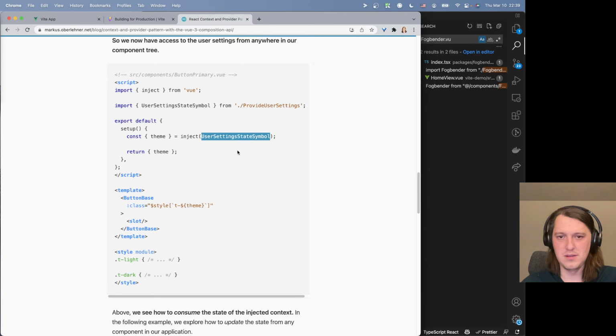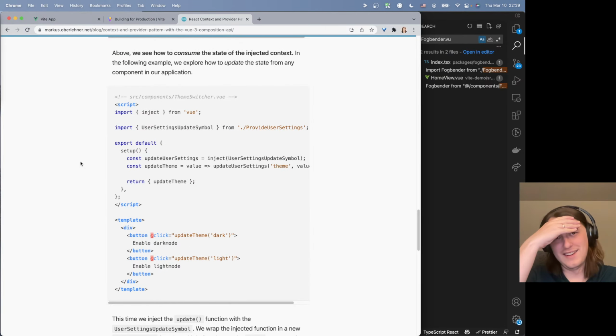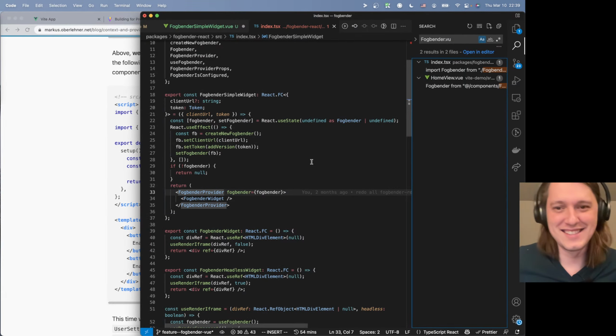Inject symbol. How does type safety work in any of that? Return theme. Oh my god, this is